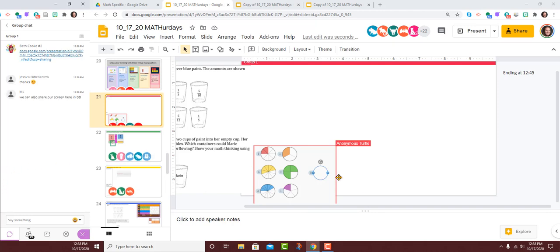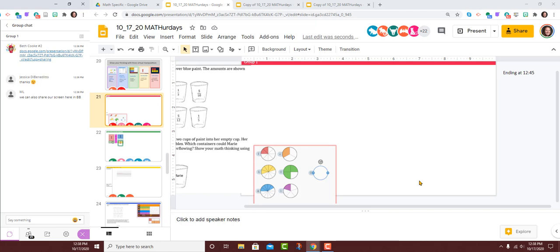Hey, Group 1. Those are some really cool looking fraction circles you have there. How does that help you think about the problem? Hi, yeah, so I'm using the, and I can share the link.